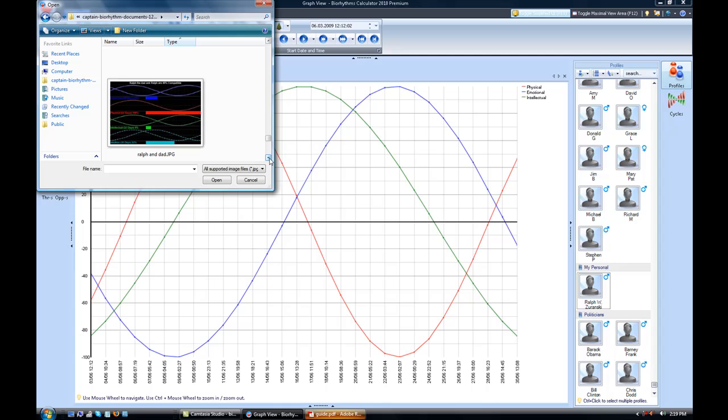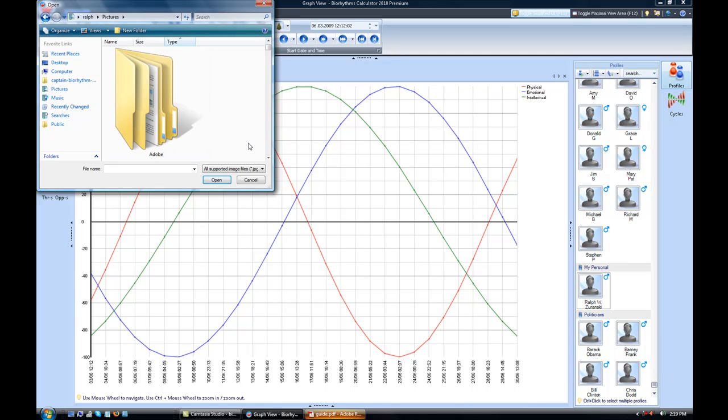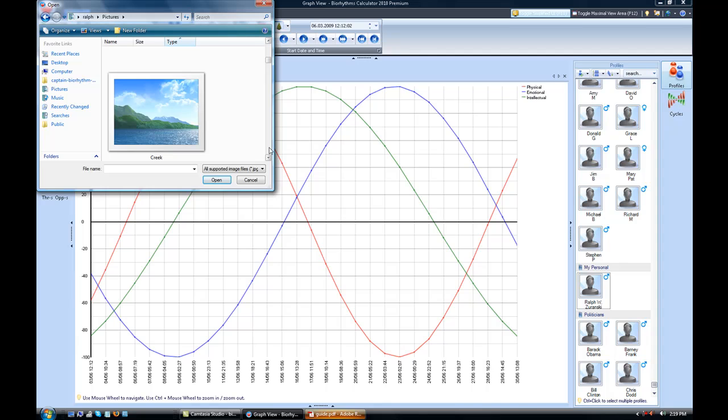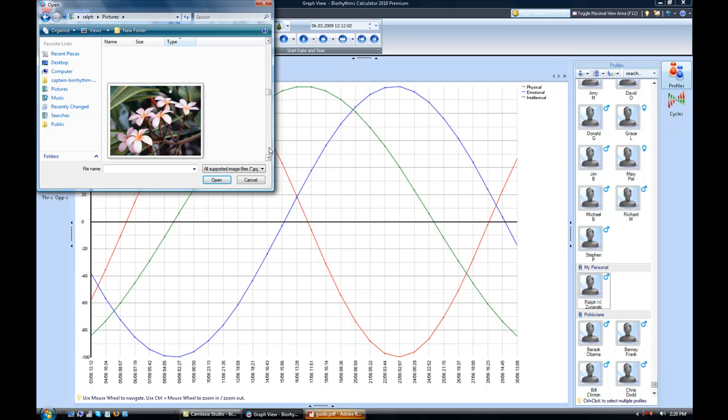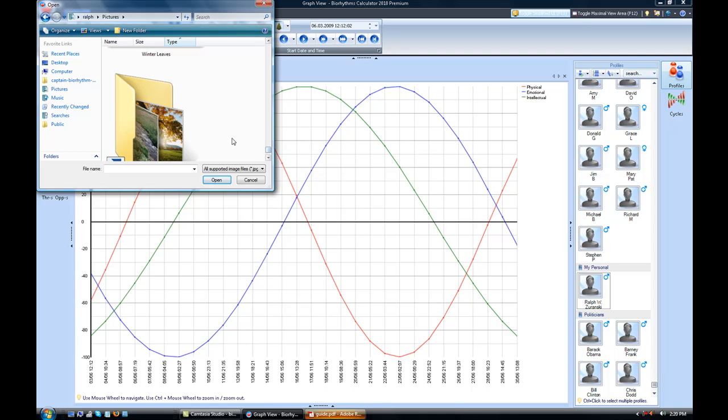So I don't really have a photo of myself in here. So I guess probably what I'll do is I'll go over and find a different folder. Maybe I'll try pictures and see if I can find one of my photos in there. And as you can see, I use a lot of gorgeous photos in my training programs because they activate the right brain that's interested in just the beauty of nature, and I put words in white over the tops of the photos.